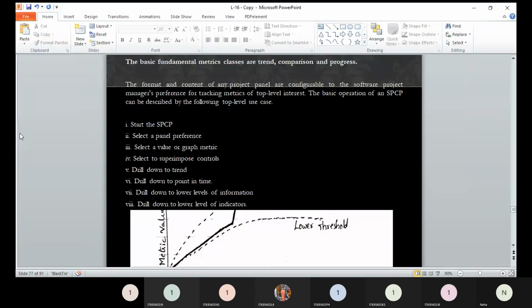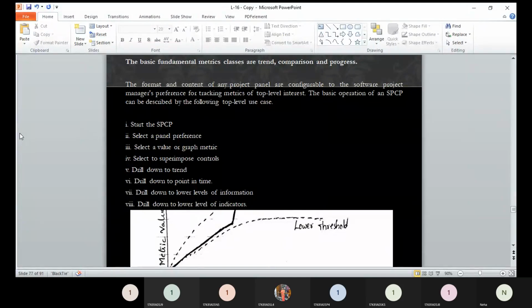Okay, so that is the purpose over here. So here user selects from the list of default panel preferences from which he will select one. Then the layout will be displayed to the user. So I think that is clear.